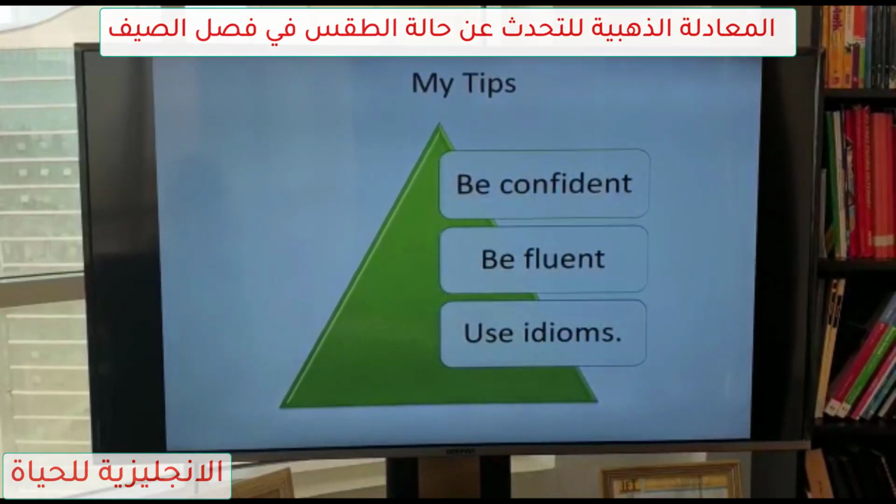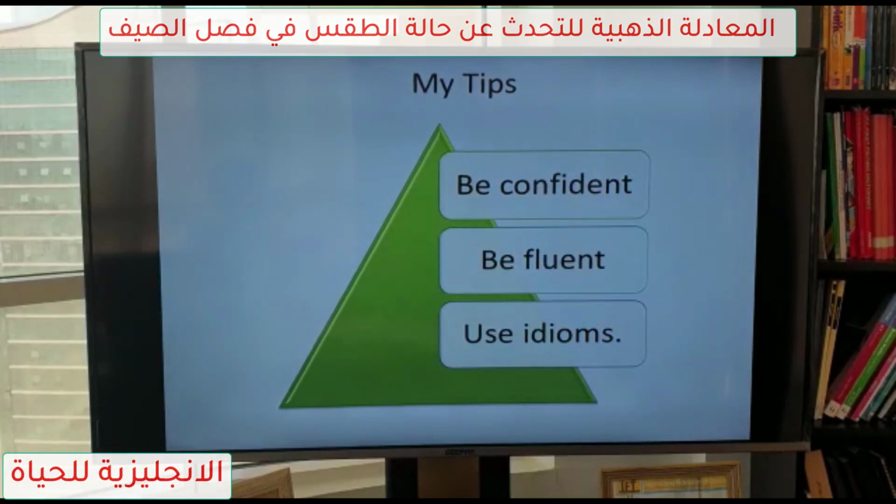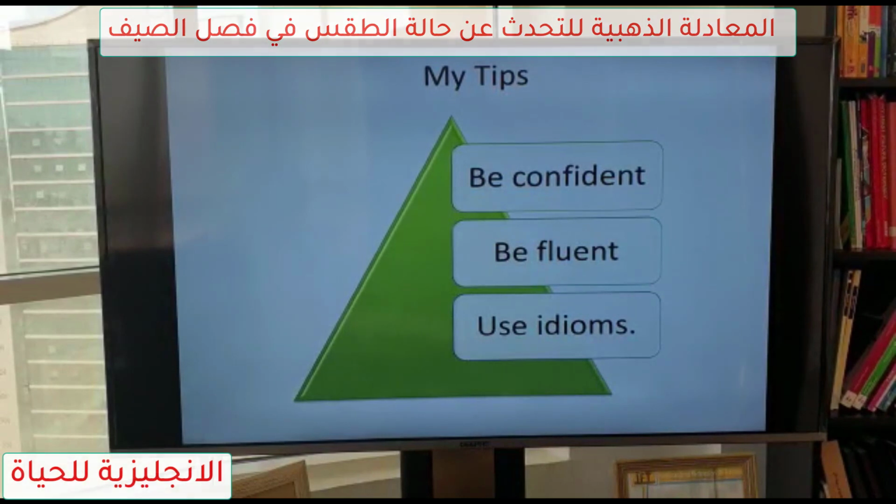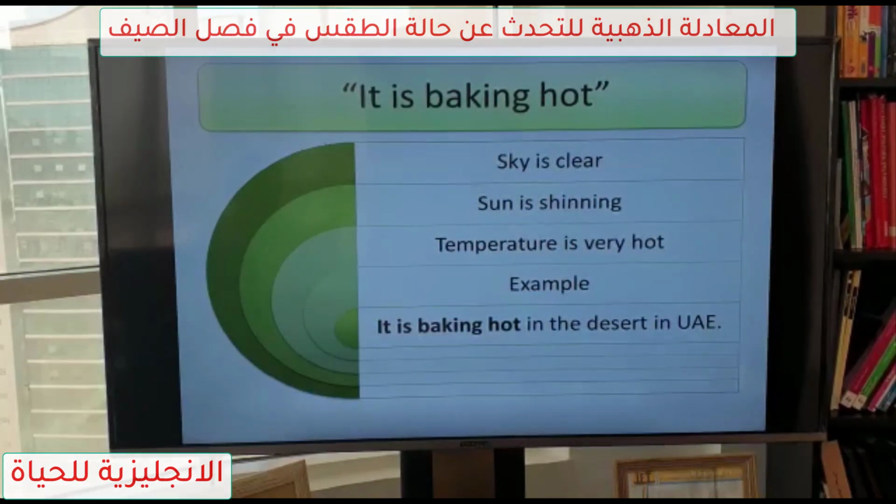Now, if you want my tip how to feel confident or to be fluent in speaking about summer season, I advise you to use idioms. And these idioms, they are very simple and they are used in describing the weather of summer. So you can use them to describe the summer season if you are beginner or intermediate. The first idiom is